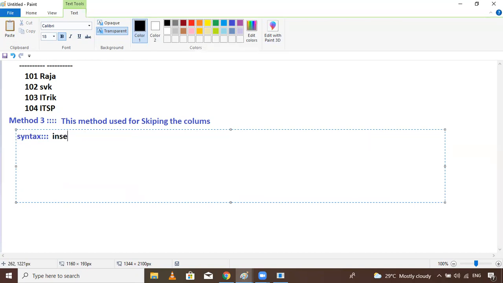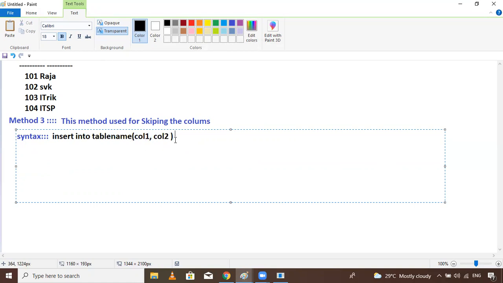Syntax is: insert into table name, here you pass the columns, column 1, column 2. Whichever column you want to insert the data into, that column I have mentioned here.